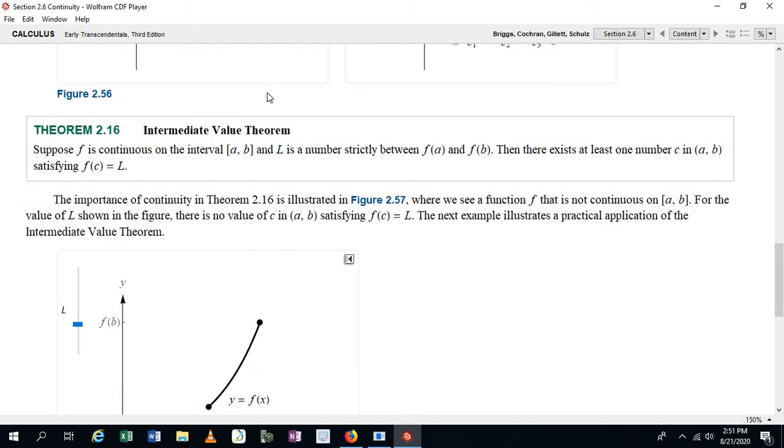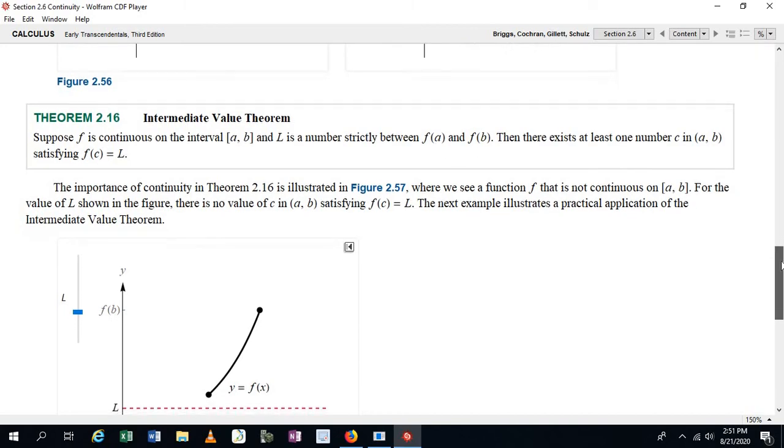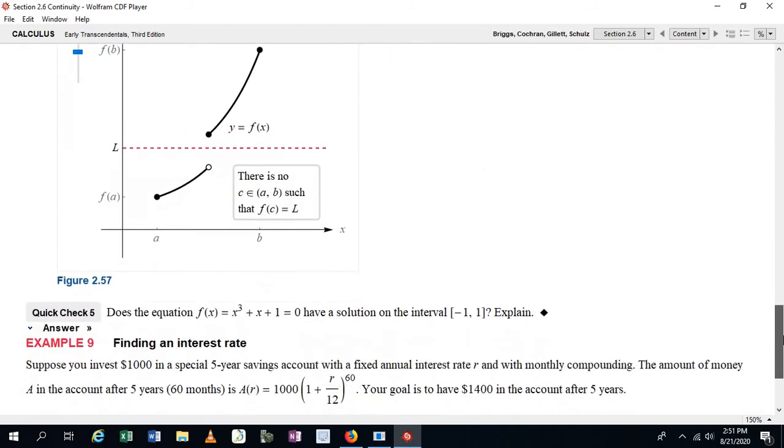Okay, so when applying the intermediate value theorem, as with all theorems, make sure all the conditions are satisfied before you reach the conclusion. So in this case, there's really just two conditions that need to be satisfied. F needs to be continuous on a closed interval from A to B, and L needs to be a number that's strictly between f of A and f of B. So there's really just two conditions to satisfy here. Now, having said that,